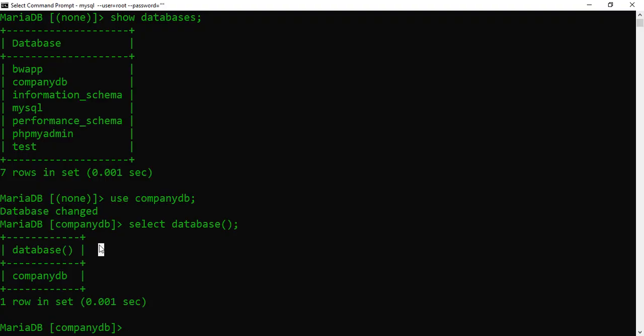renaming a database. Not all SQL systems allow direct renaming. Some systems let you use commands like alter database, then you write the database that you want to change, which is company DB, and then you use the modify command, then you specify the name that you want to rename it to. Here you can give business DB. Then you add a semicolon,